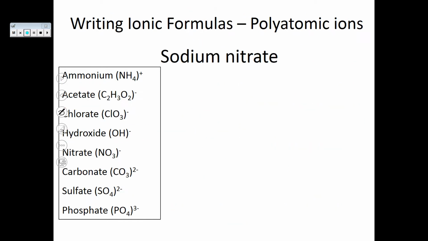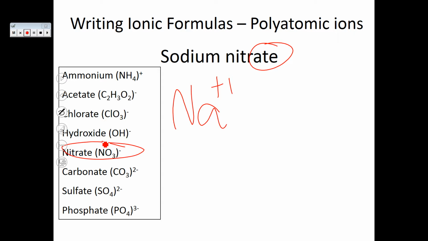Let's do a couple of examples. Sodium nitrate, Na+1. Nitrate, it's not nitride. Nitride would just be N. A suffix of ATE tells me that I have to look at my polyatomic list, and I see that it's NO3. And if you notice, on this sheet, I have everything in parentheses, and then I have the oxidation numbers on the outside of the parentheses. The only reason I did it that way at the beginning was to show you that that oxidation number is for the entire